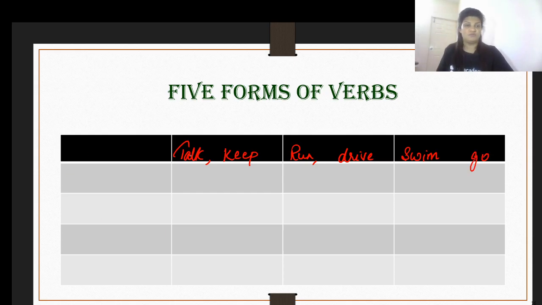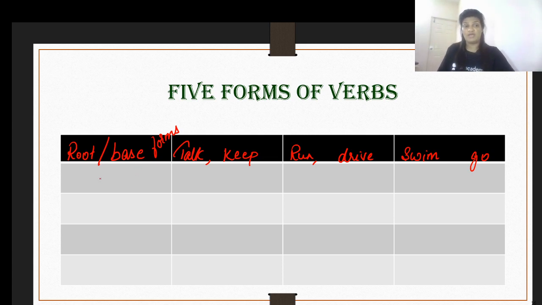Now these verbs like talk, keep, run, drive, swim, and go are called root or base forms, because this is how actually a verb